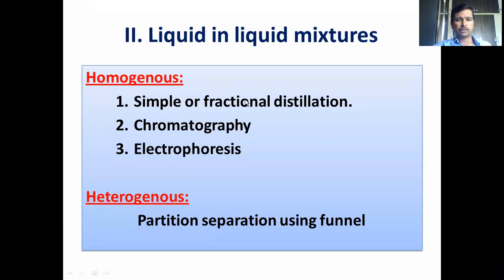So that's how we will be using the simple or fractional distillation process. In the simple distillation process, as I told earlier, the mixture will be heated to a particular temperature in order to convert an individual component into vapor, and that vapor will be collected in a collector flask, where the collector flask is maintained at a lower temperature. At lower temperature, that component will be converted into either liquid or solid. That's how we will be using the simple distillation technique.